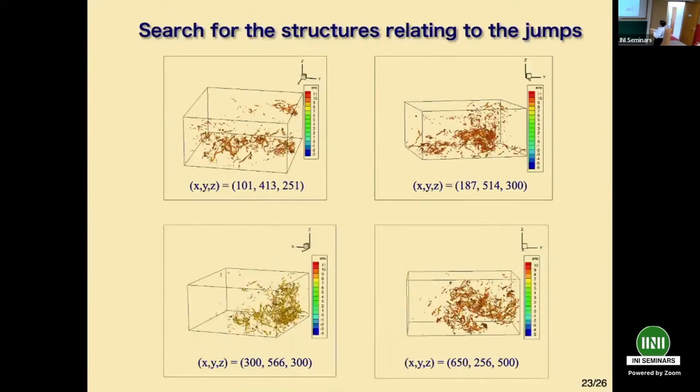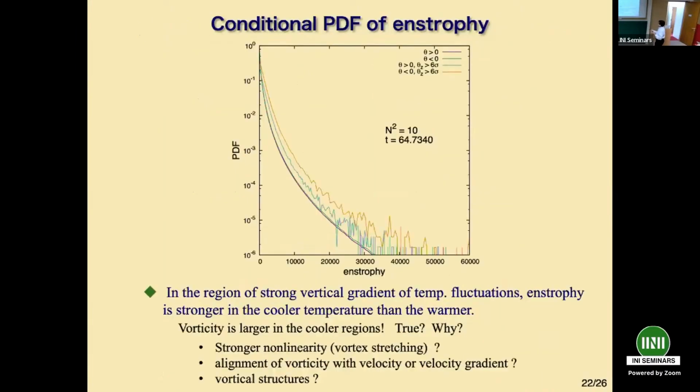We searched first for vertical structures near the jumps, but we couldn't identify such large scale vertical structures. So other possible candidates, stronger nonlinearity or stronger alignment,